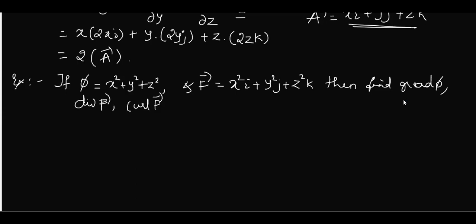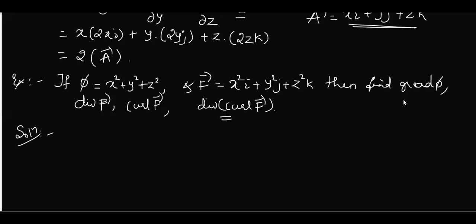Actually, this part is already solved. Not to worry. I'll just extend the question by asking divergence of curl of F. How to do it? Okay, this is simple. Gradient of phi you can find, divergence and curl of F you can find. If they have asked divergence of curl of F, first what has to be found is curl. Then you should find divergence of that.